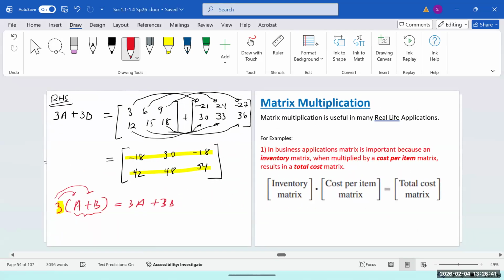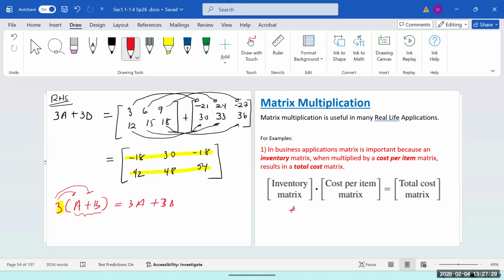Now comes the most important part, matrix multiplication. This is one of the most important parts in matrix algebra. In real life, we actually use matrices a lot without even realizing that we are using them. We don't use it manually by hand, but we input that into the computer and the computer does everything for us. One example where we do use matrix multiplication is in business application. It's important because when you multiply the inventory matrix and cost per item,